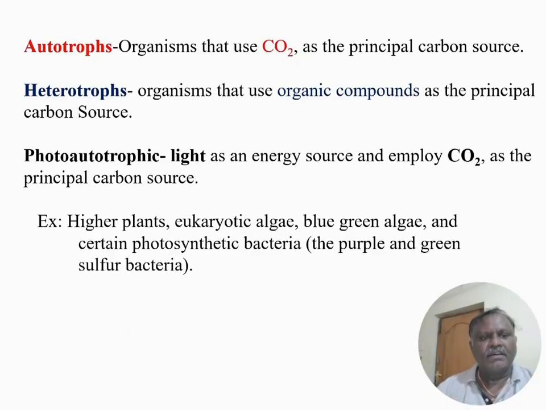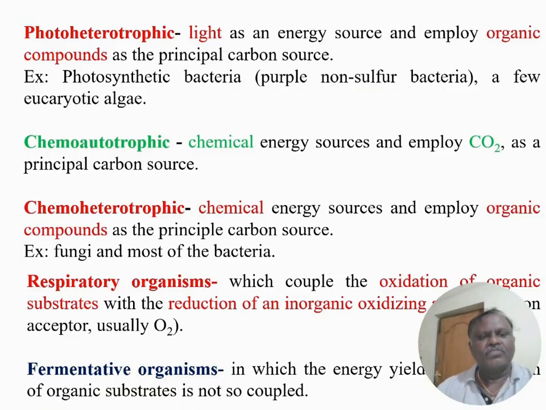Among the different kinds of organisms, autotrophs use carbon dioxide as the principal carbon source, and heterotrophs use organic compounds as the principal carbon source. The photoautotrophs use light as an energy source and carbon dioxide as the principal carbon source. These include higher plants, eukaryotic algae, blue-green algae, and certain photosynthetic bacteria like purple and green sulfur bacteria. Whereas photoheterotrophic